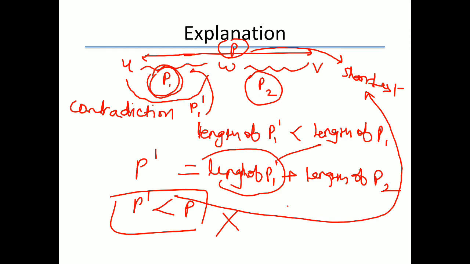So clearly you can see if P is the shortest path, then the subpaths or subproblems, let's say U to W and W to V, also exhibit shortest path. So the subproblems from U to W and W to V also exhibit the optimal substructure. So if P is the shortest, then P1 will be shortest and P2 will be shortest. So we have seen that the unweighted shortest path problem exhibits the